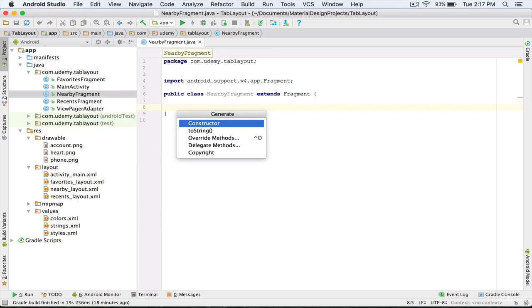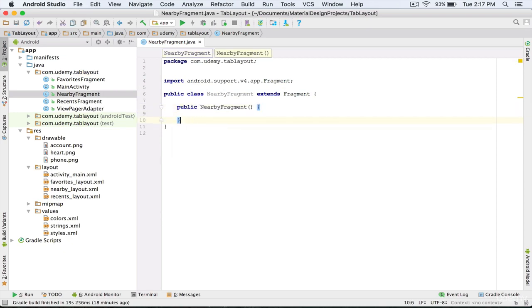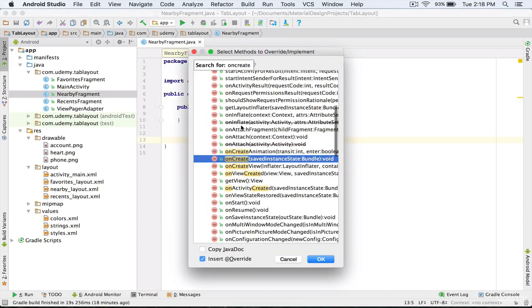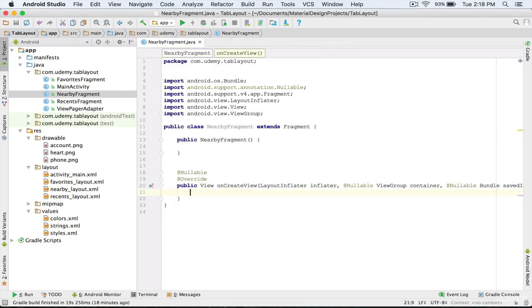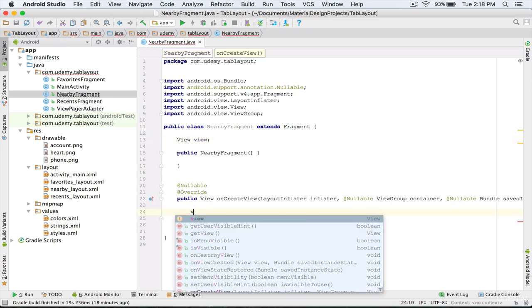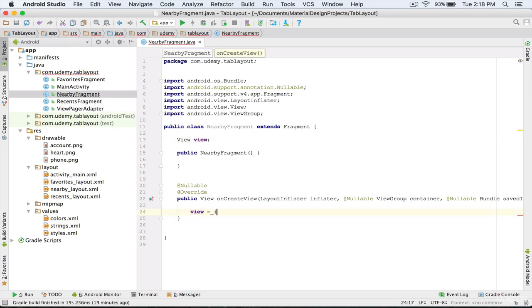I press Ctrl and Return, add the constructor, then I add the onCreateView method. I declare a View object inside the class, and then I use it inside the onCreateView method. I type view equals